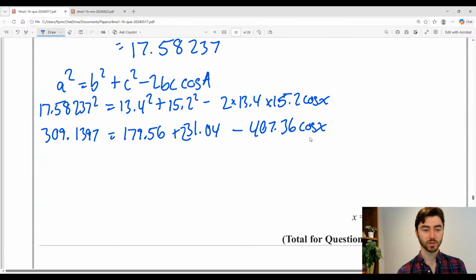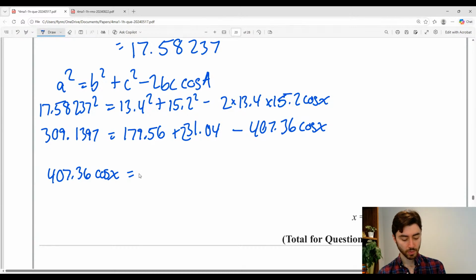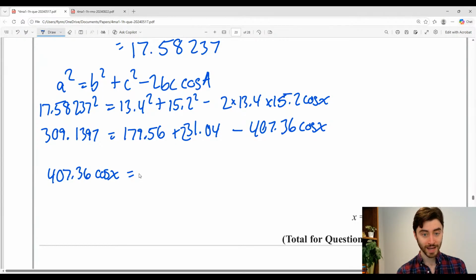So I'm going to add this across to the other side. I'm going to leave a bit of a break as well, because otherwise I might get blinded by numbers. So that much cos x is equal to 179.56 plus 231.04 minus 309.1397. And I get on this side 101.4603, which means that cos x is equal to